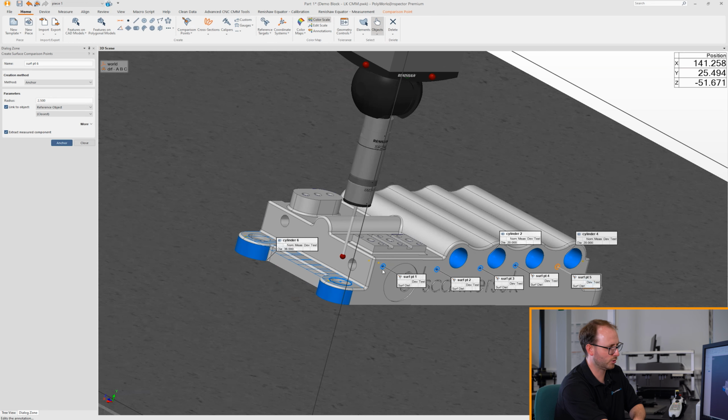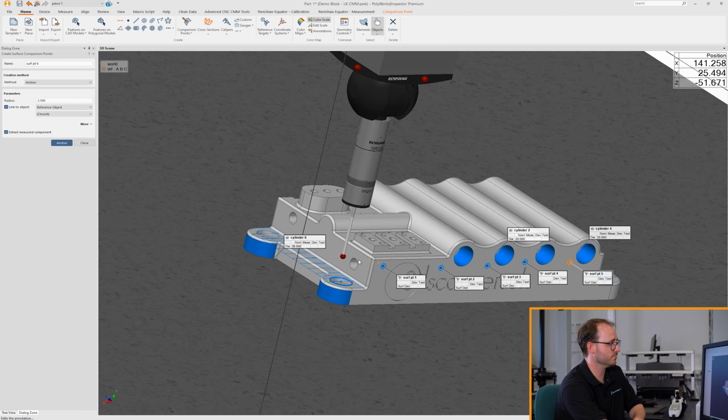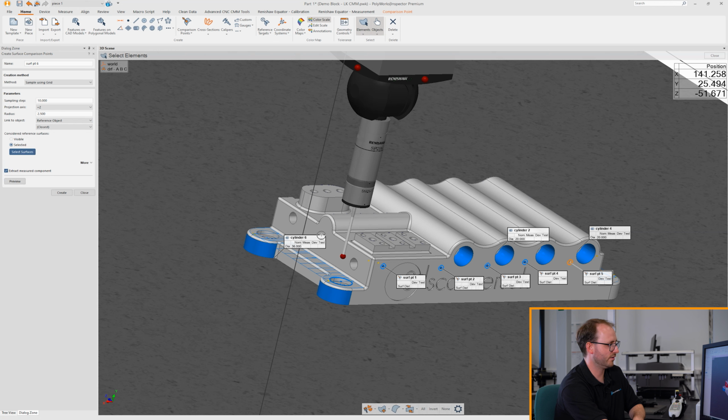But what I can also do is I only require a surface profile here on the side. So in our comparison point window, if I change anchor to sample using grid, what I can then use is, instead of linking to a reference object, I can link to a surface feature. So, reference object, sorry. And so if we go to consider reference surfaces and choose selected, I'm then able to select a surface. Okay. So if I left click on that face there,